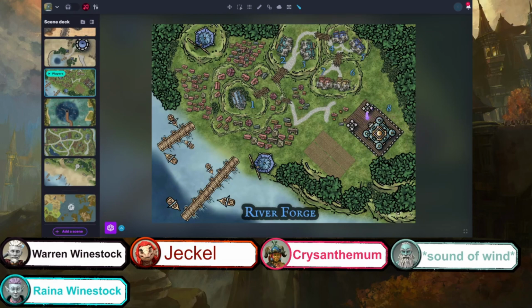There were some alliterative names in there, huh? Sorry? There were some alliterative names in there. Yeah. Thanks, I chose them. I have help. Honestly, in my creation I was getting a little burnt out at the point that I created River Forge. River Forge was not the first place I created.